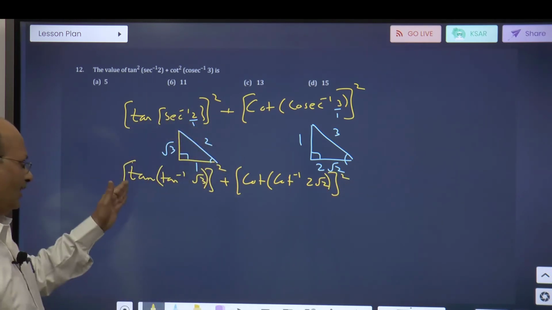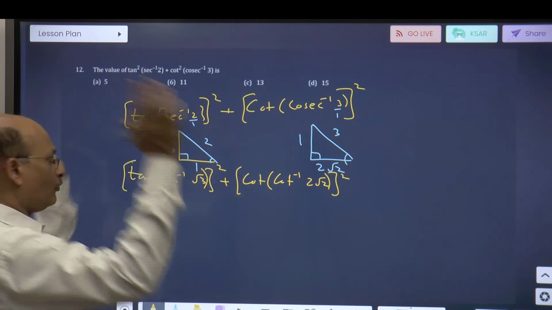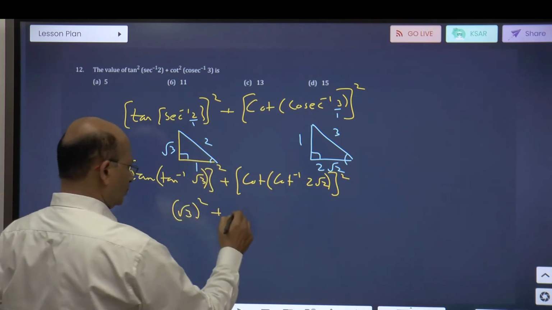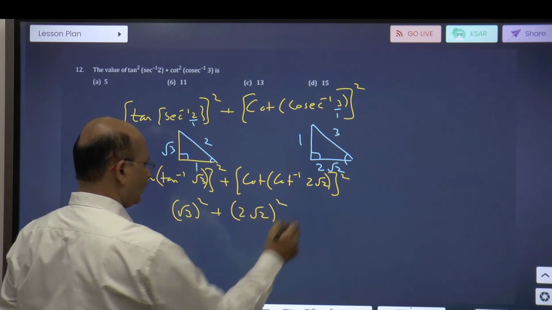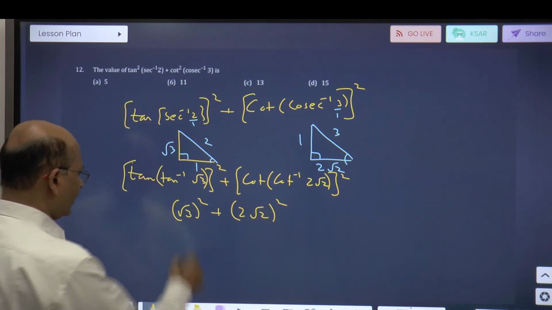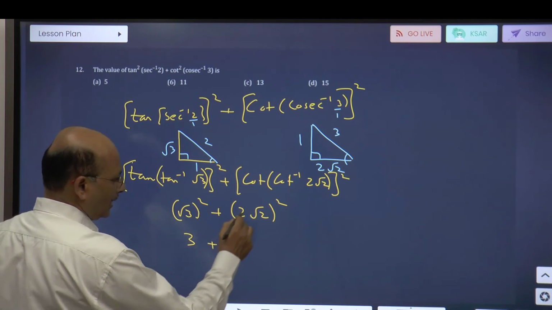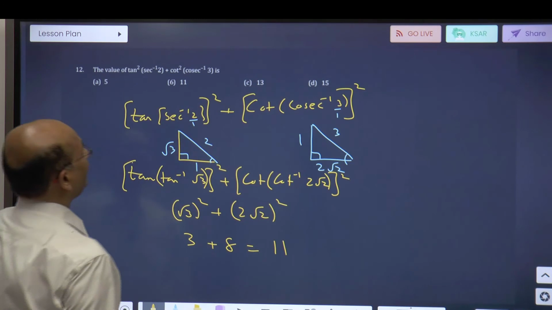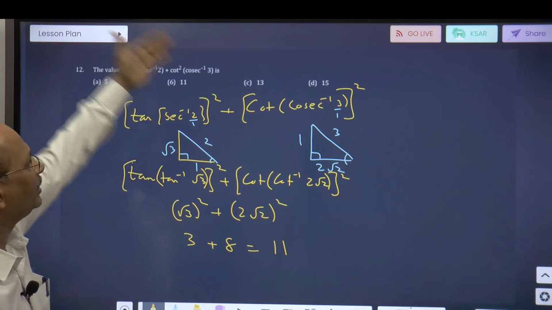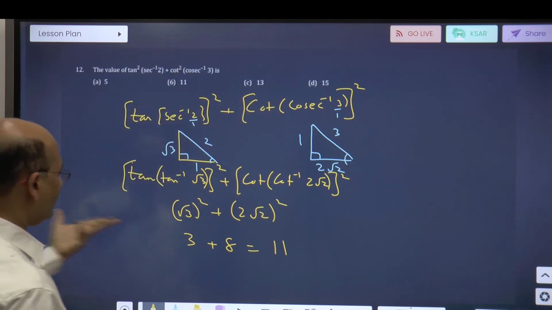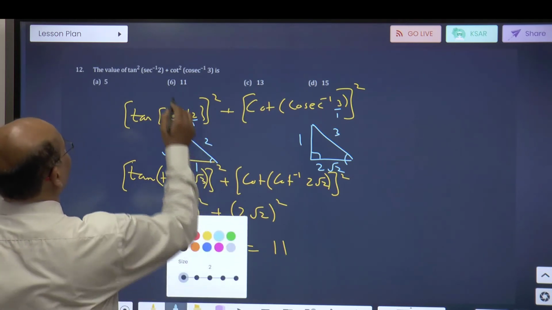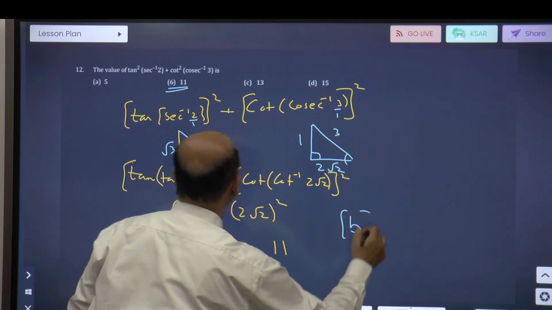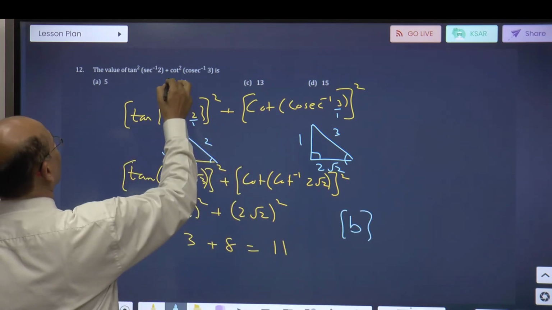Okay, tan of tan inverse becomes compatible, so root 3 square plus 2 root 2 square. So look at what it becomes here: root 3 square will become 3 and this will become 8. So what is the answer? 11. Is it 11? Look, the options here are 5, 11, 13, 15. 11 is what fits. So option is B. By the way, he typed 6, God only knows why he did that. It is